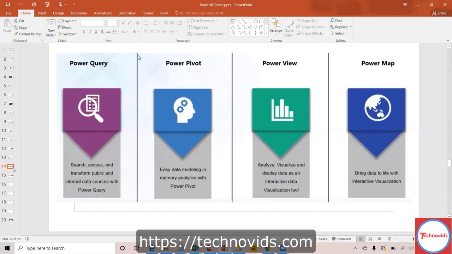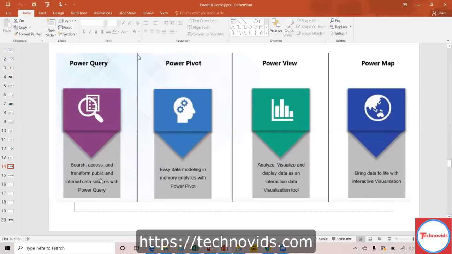So the Power BI query editor, right? Query editor will connect to data, and it will do some transformation, that is the T part of ETL, okay? It will connect to internal data sources, as in within the organization, and also to a lot of publicly available data sources, not only internal. That's what it is, public and internal data sources. When I say public, I mean the web, whatever is available on the web. Those are public.